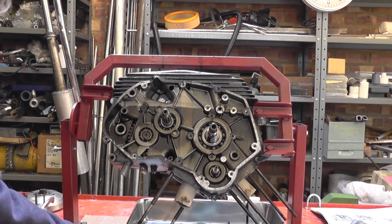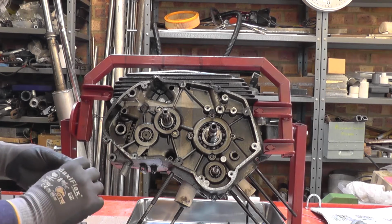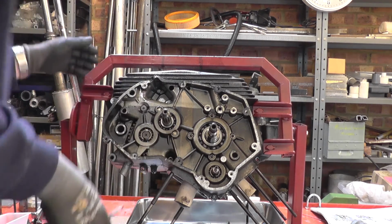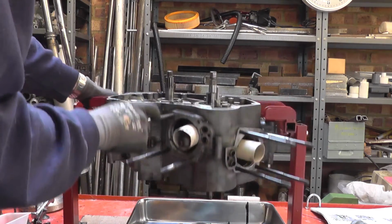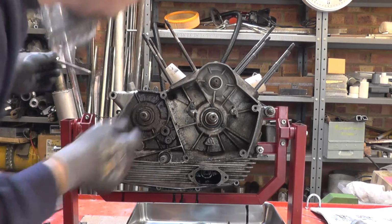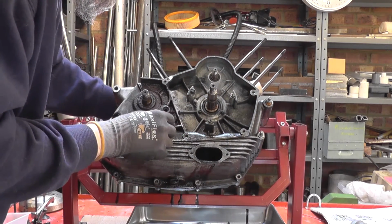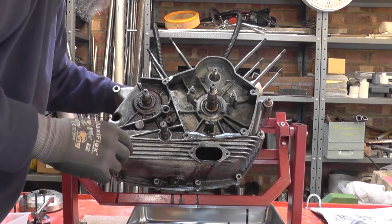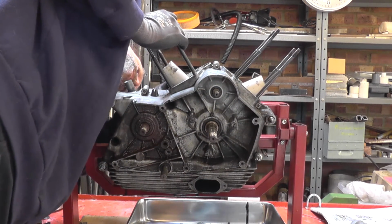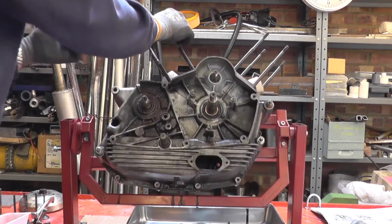There's one nut just rotate over and see what's going on with that nut. It's down that hole. Okay, I've got the bolt out,